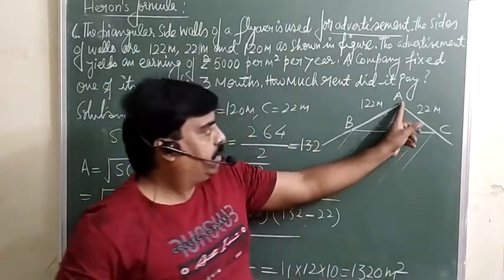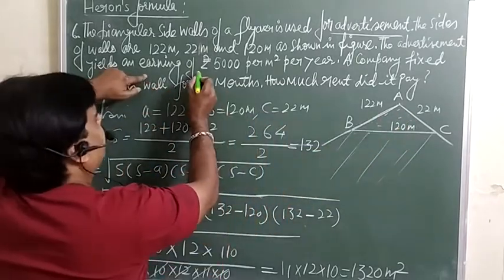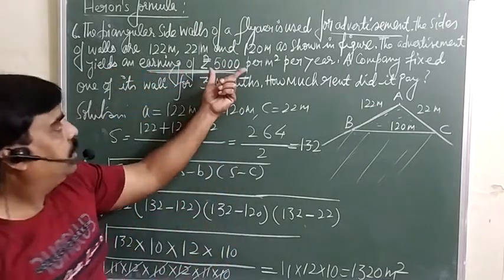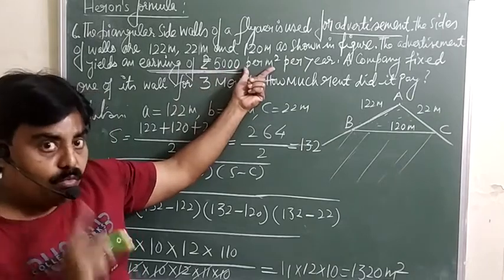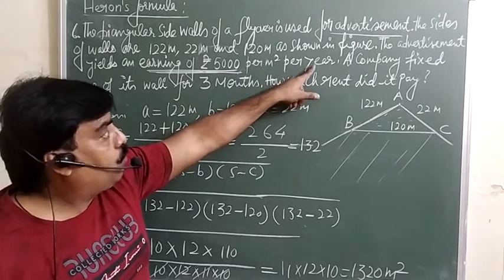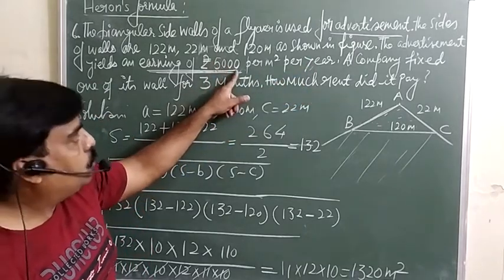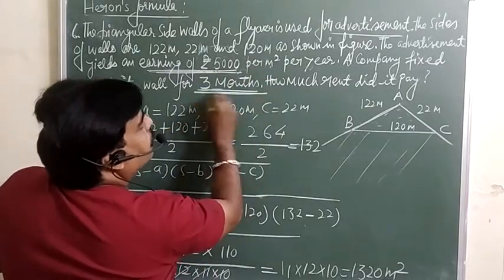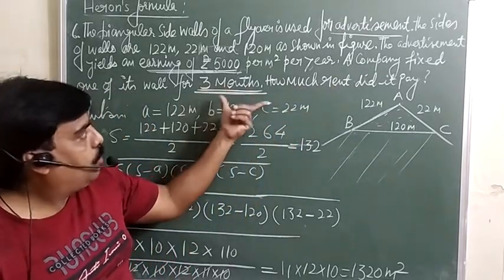the advertisement. ये किसका एरिया है जिसको हम एडवर्टाइजमेंट के लिए यूज कर रहे हैं. But now the question is saying how much they will earn in case the company is going to pay the 5,000 rupees per meter square. For 1 meter square, companies pay the 5,000, but for 1 year, means for the 12 months. But we had taken for the 3 months only, so how much amount we are supposed to pay? हमने केवल 3 months के लिए लिया है, so you have to calculate for this one.